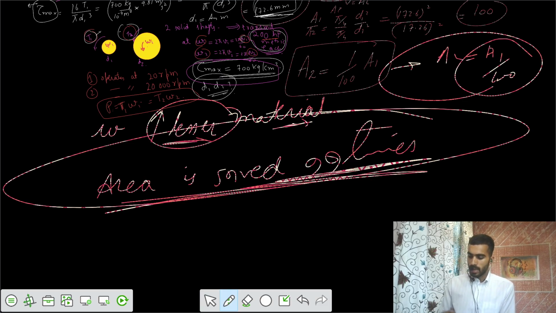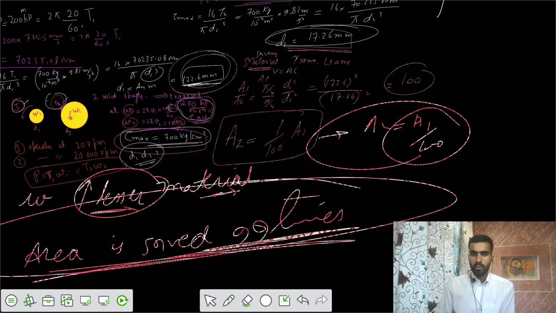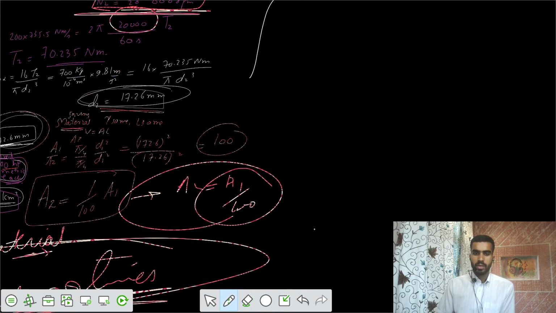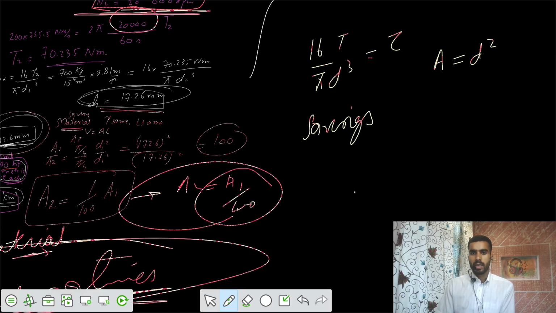So let's say there is one more equation we got. If you analyze those equations, I have that 16T by pi d cube, that is tau. And area is a function of d square. So the savings, I would say, is a function of d square. So I would say d square equals to